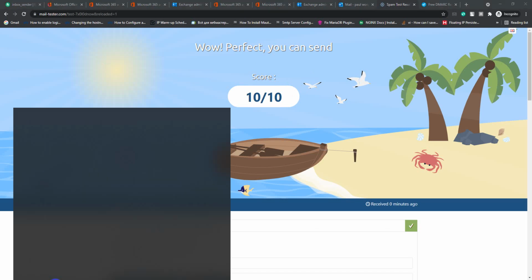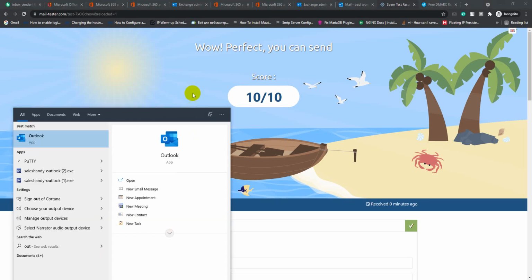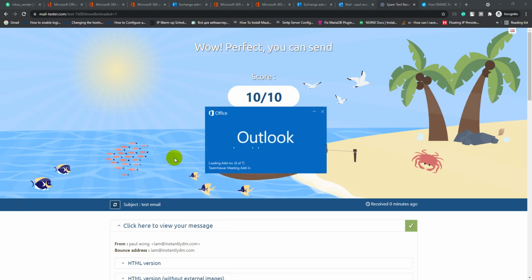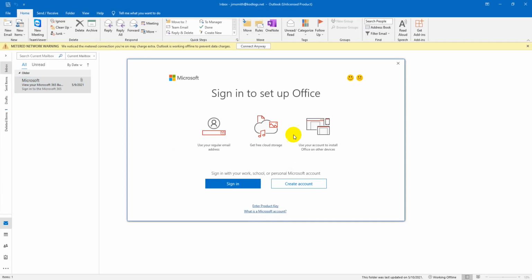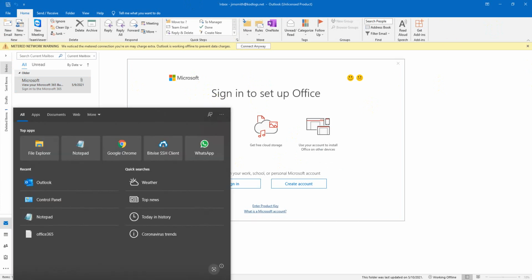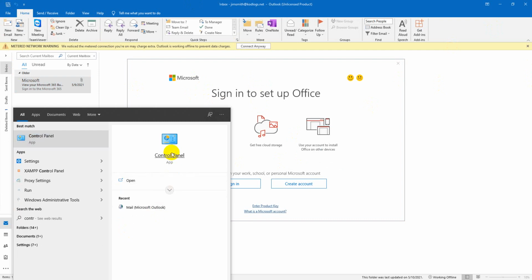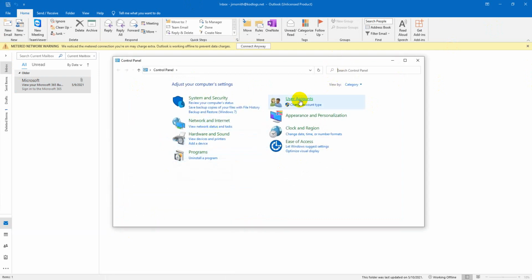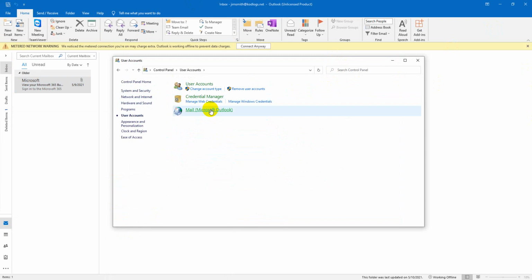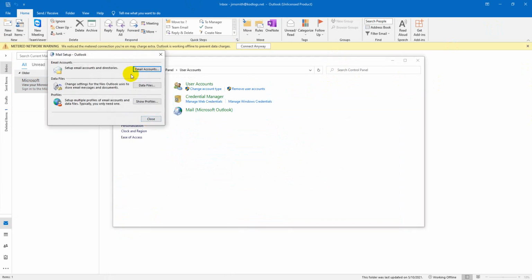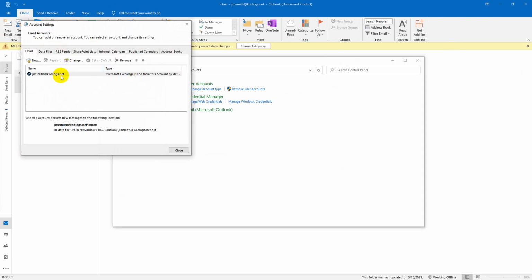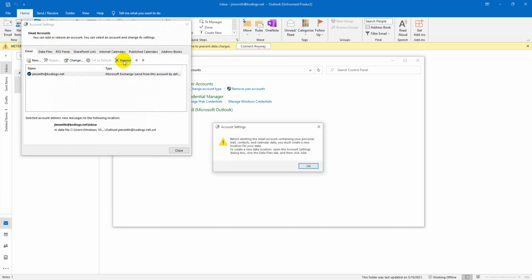So open Outlook. Before connecting Outlook, we need to delete our existing email account. Go to control panel, then click user account, then select mail, Microsoft Outlook, then click email account. Just remove this account.